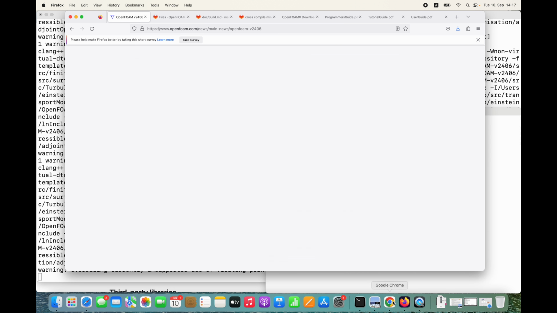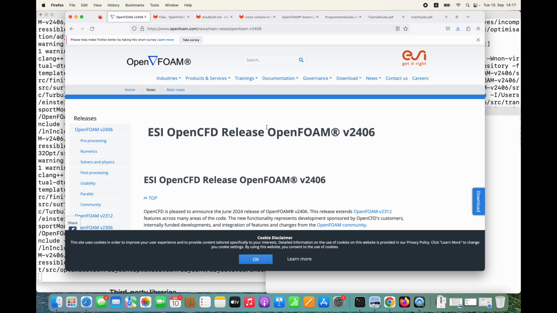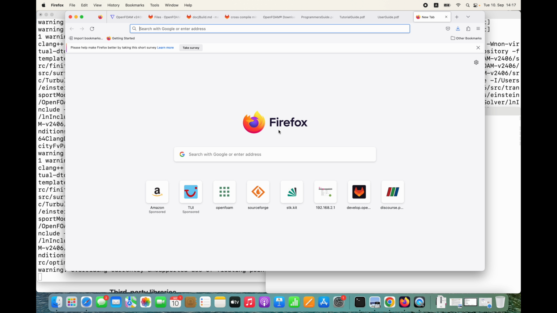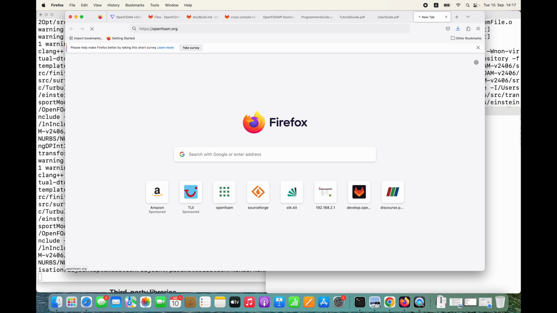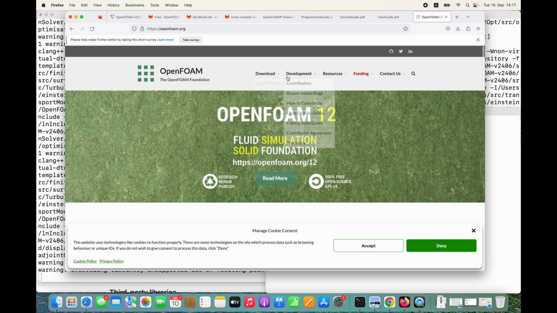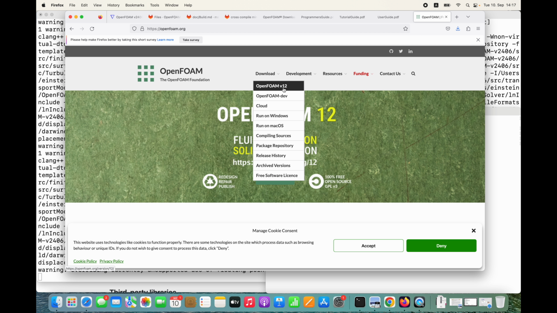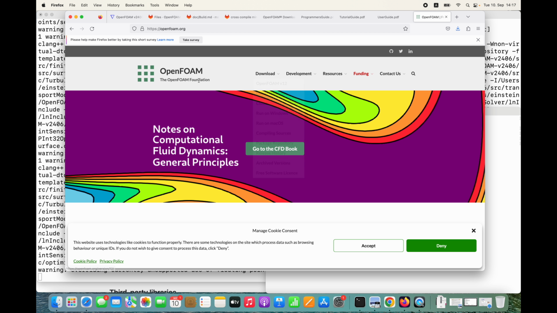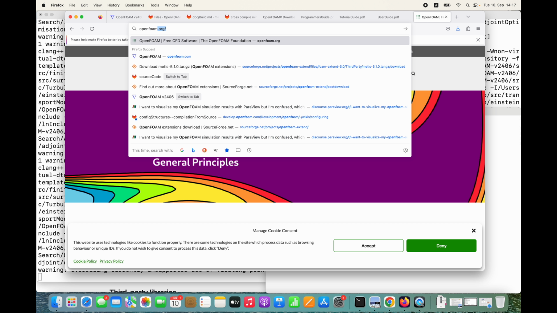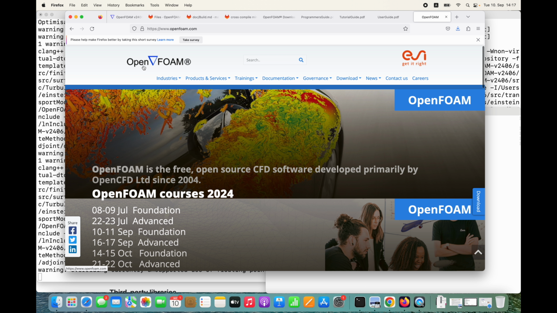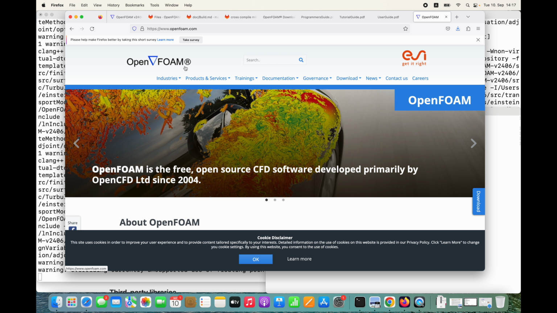So let me show you maybe OpenFOAM itself. The version that we are trying to compile is version 2406. It's the ESI OpenFOAM. OpenFOAM has many different variations, but the three most famous ones are probably the Foundation version, which is openfoam.org. You can also download it; you see that the versioning is also different. It's version 12, the latest version of the Foundation. If you go to openfoam.com instead of .org, this is the ESI version. And there is another version called